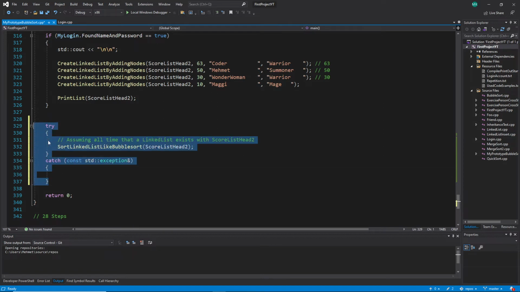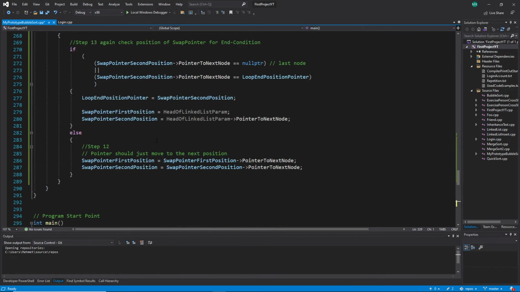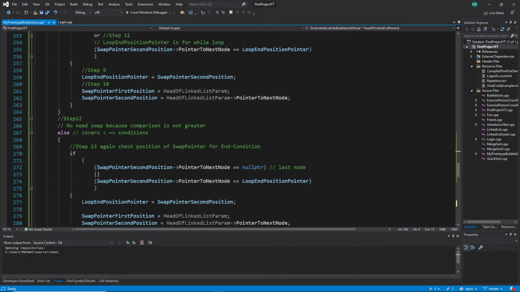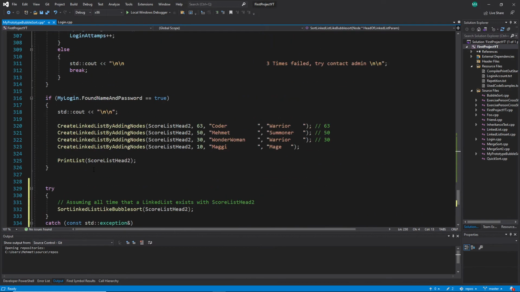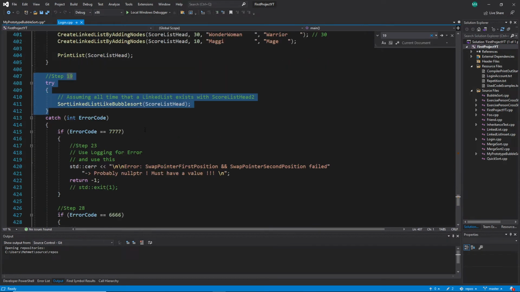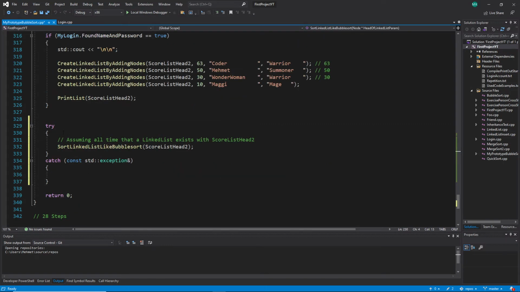It's very good that you realized we need a try catch block for this throw, because now this throw here can react to this one. And now we have to set up this try catch block, by the way. So let me show what I did here. I wrote here just 17. Let me write here step 17. And perhaps I should write also a comment here. Catch the case